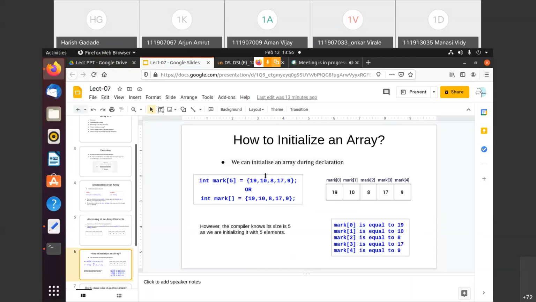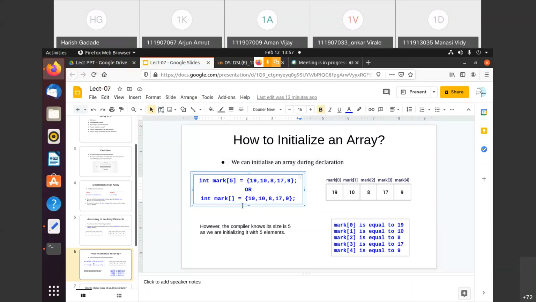So here, as we have the 5 elements, this is one way of initializing the array. So int marks, and we can provide the size of the array also. It means here the maximum elements we can assign is 5. This is one way, or the second way is this one. Here it is not necessary to put the size, because whatever number of elements you are using here, that much memory will be reserved. So here the 5 elements are there, so the size will be treated as 5. Or here also you can provide the size along with the elements.